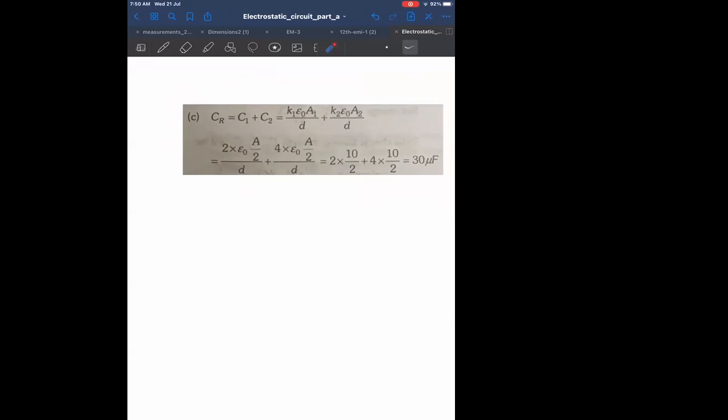Now you should know the formula for a parallel plate capacitor, and you should know that this capacitor and this capacitor are connected. Now let me show you the answer. See here. Now they are connected across, therefore I know the total capacitance will be addition. C1 plus C2. Now what is the formula? A K epsilon naught by D. Here also it is A K epsilon naught by D.